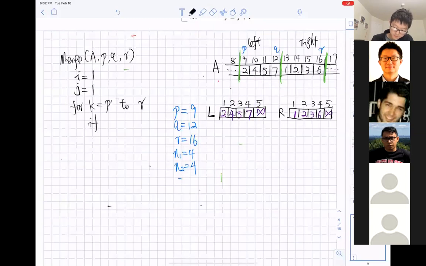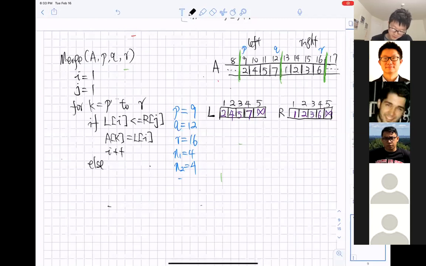If L[i] is less than or equal to R[j], we are going to assign A[k] as L[i], and we're going to increase i by 1. Otherwise, we are going to have A[k] as R[j], and j is going to increase by 1.